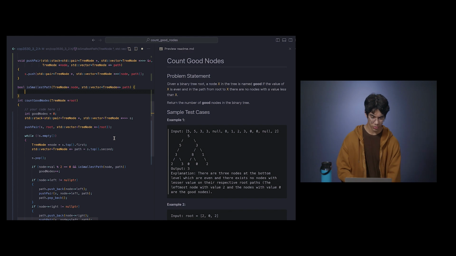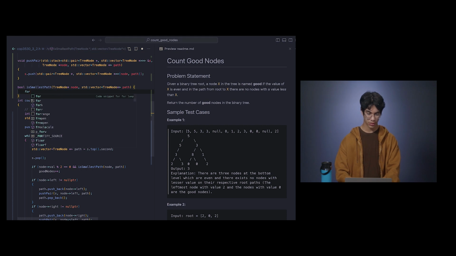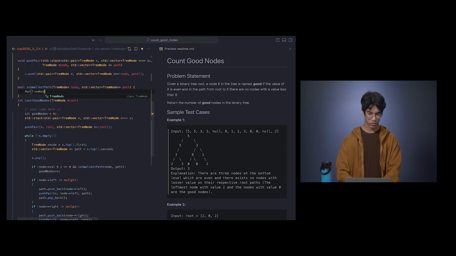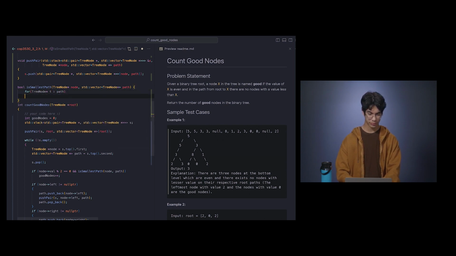So I think this is pretty straightforward in terms of implementation. All we're going to do is just check, does this node have the smallest value in the vector? So we can just do a simple for loop. So let's just go for each tree node, let's call it t in path,